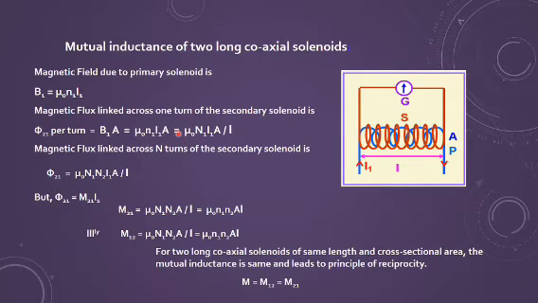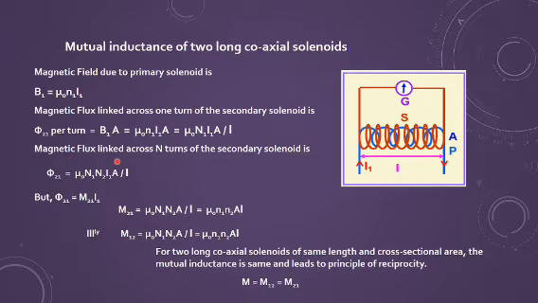And this n1, of course, you can write in terms of the total number of turns per unit length: small n equals capital N upon L. That notation we are keeping the same all the time. If you do not have it in your mind, you can always mention it separately so as to remember it, that small n equals capital N upon L, or capital N equals small n multiplied by L, where L is the length of the solenoid. So when you write it this time, you should write this L in a proper way.